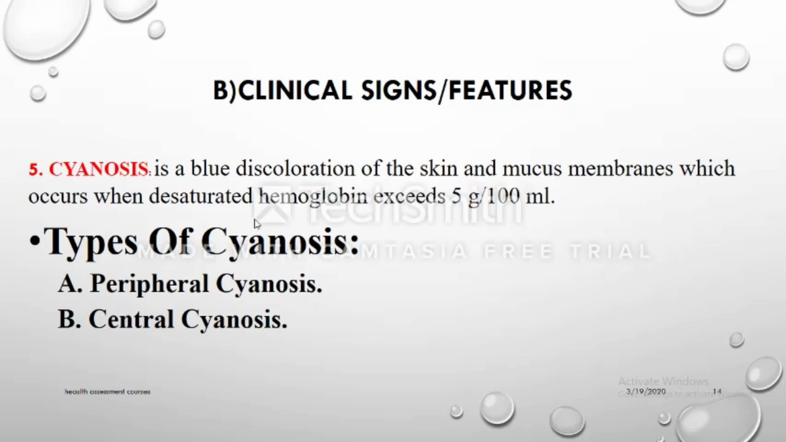We have another one, the fifth feature, which is cyanosis. This cyanosis is a bluish discoloration of the skin and the mucous membrane, which occurs when desaturated hemoglobin exceeds 5 gram per 100 ml. وده طبعا بنعرفه من تحليل السي بي سي وتحليل الاتش بي، بنقدر نعرف قد ايه من